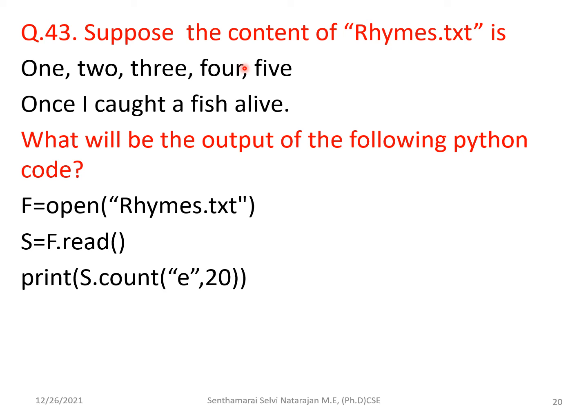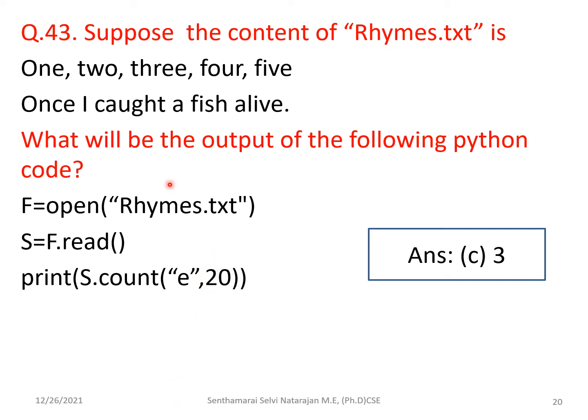So roughly it will be around the value here 20 means. So the e will be 1, 2 and then 3. So the answer is 3. You have to consider this value. If it is not taken into account, roughly it will be calculated as EEE. So here you will make a mistake. Consider the file pointer. Next question is,